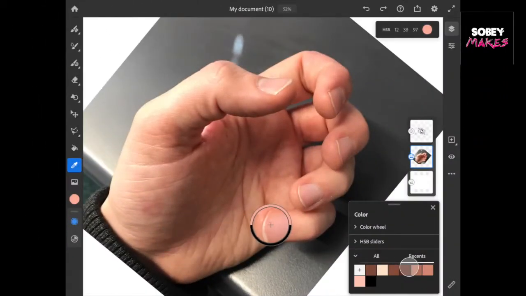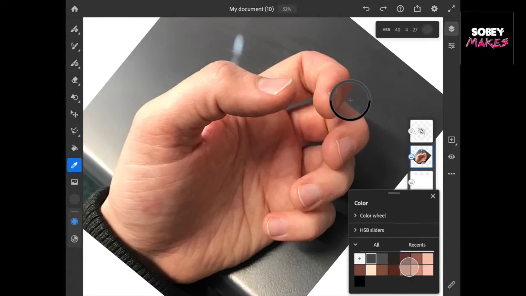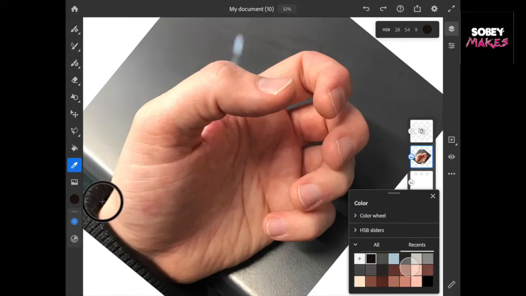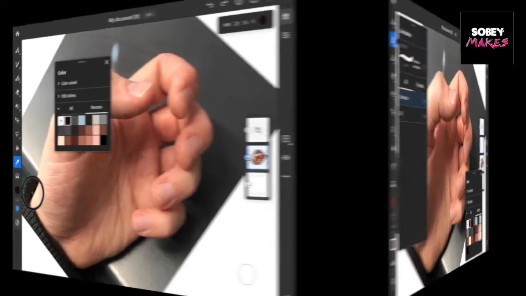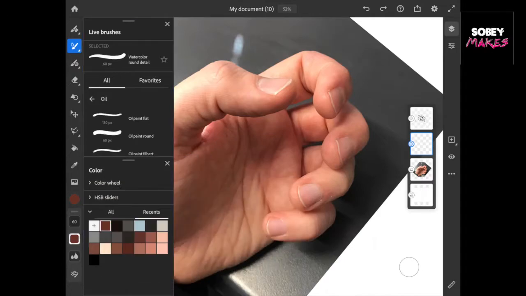So here I'm using the eyedropper tool to create a palette in the swatches menu, and I'm using them straight from the photo at full opacity, so the photo hasn't been dulled here to get the swatches. Created a palette which I might add to later,